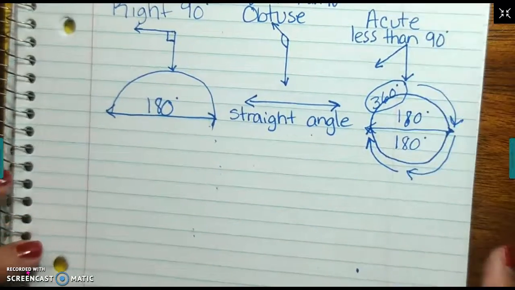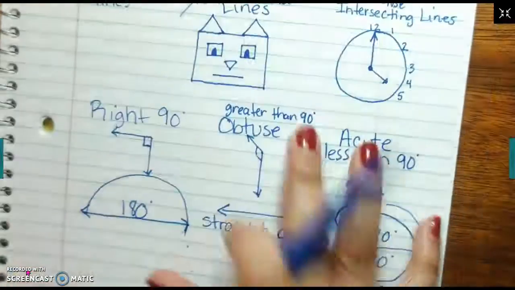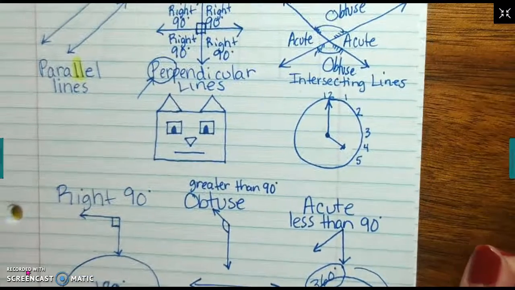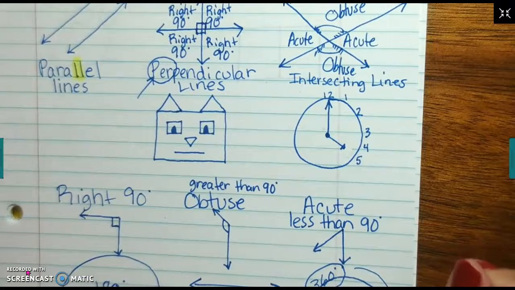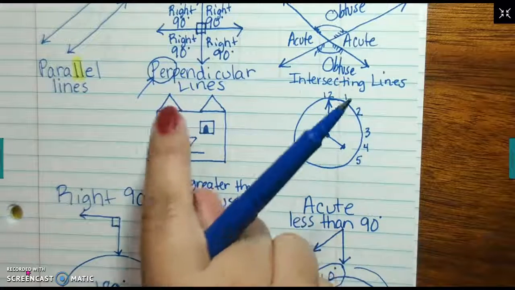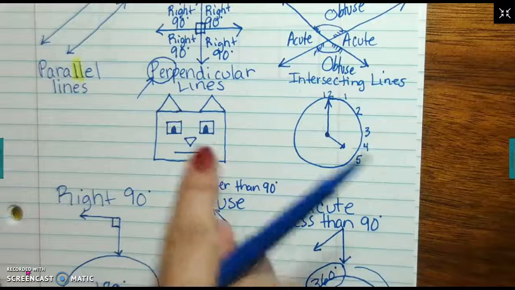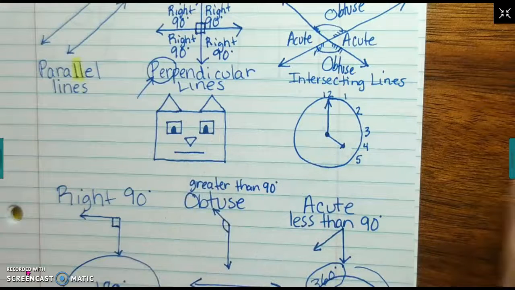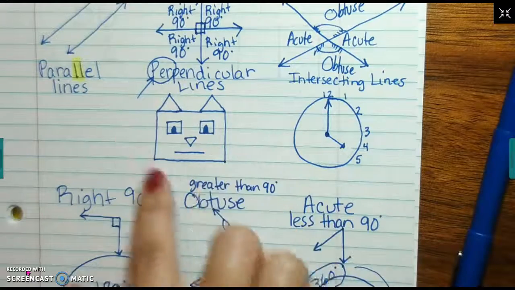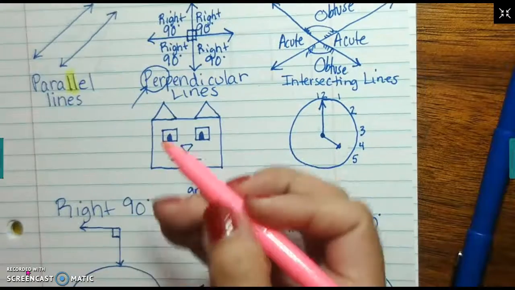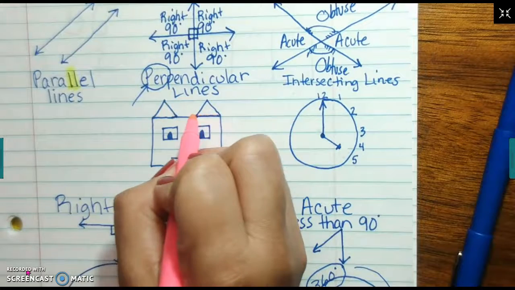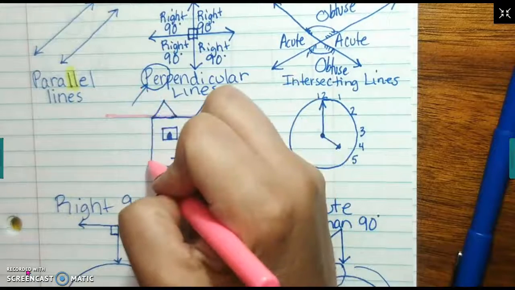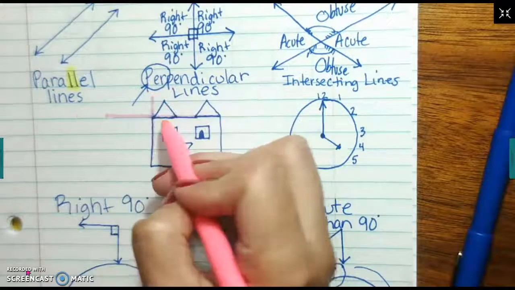All right, and then triangles. Actually, let me go up here to these symbols, or to these pictures. So it's not going to be that easy of a question. What they will do sometimes in a test is they'll just put some random picture, and then they'll ask you, does this picture contain perpendicular lines? And your job is to think outside the box. So you're going to look at that picture, and you're going to say, well, I see this line right here. And if I stretch that line, and then I see this line here, and if I stretch that line, there is actually